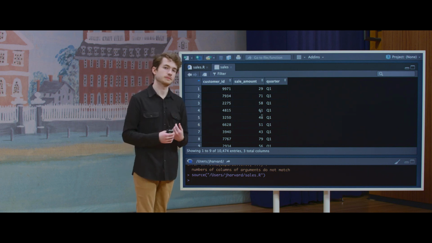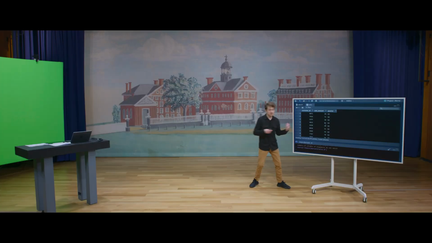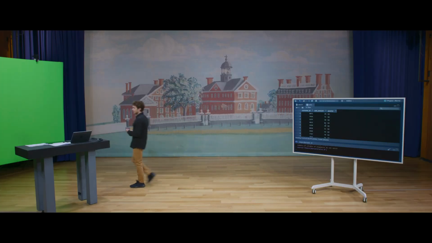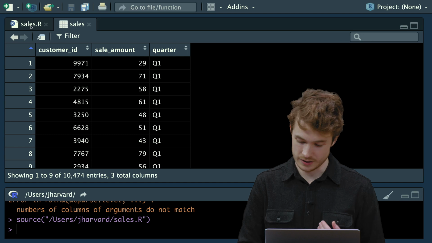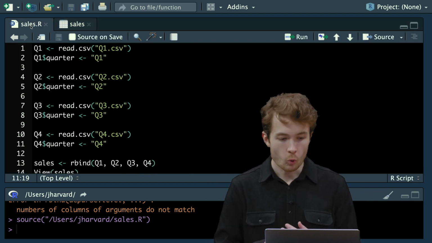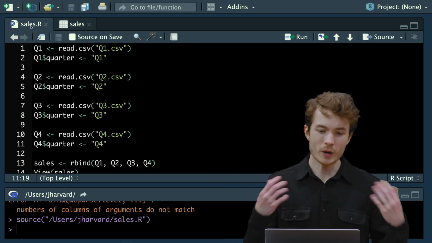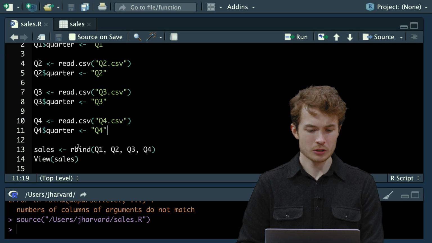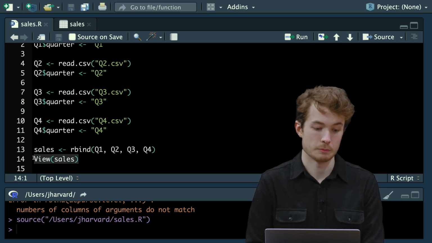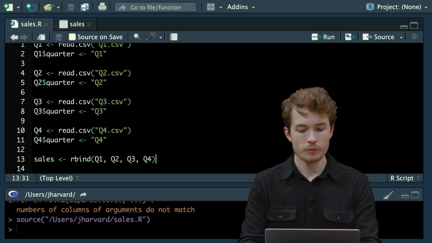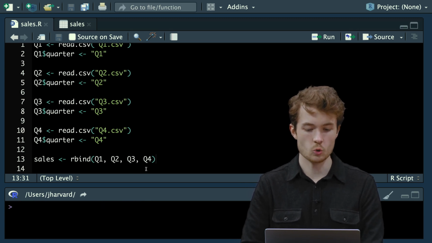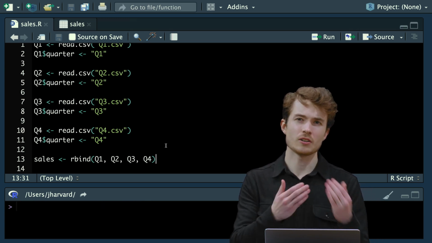Now, one last flourish here, to show us another new feature of R, is going to be trying to categorize this data. So we combined it, but one thing I want to do is figure out which rows were particularly high value sales. Maybe my boss wants me to figure out which customers are spending the most money. Well, I ideally would want to create a new column